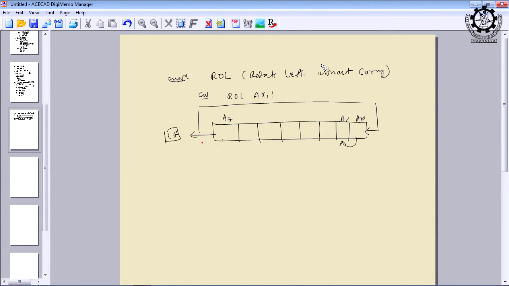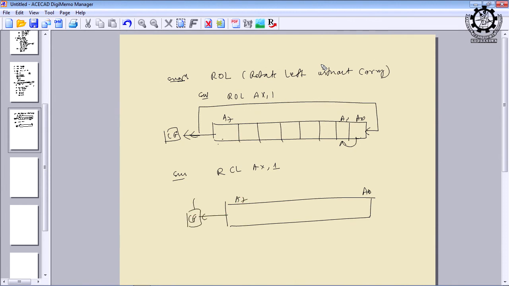So, the carry flag will be affected, as well as the rightmost bit position taking the leftmost bit position value, right. Similarly, another example. Just mark the difference. In ROL it is without carry, but in RCL it is with carry. But how to remember? Wherever C is there, it is with carry, and where C is not there, it is without carry,